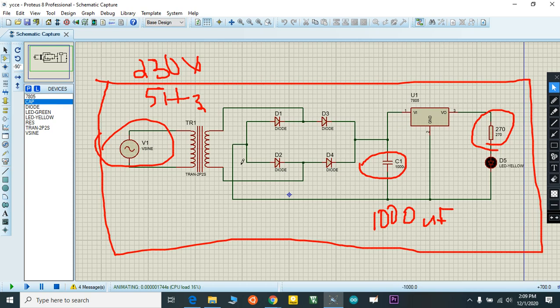Still I don't know, it's not showing. Just wait. So please note and try this at your home.